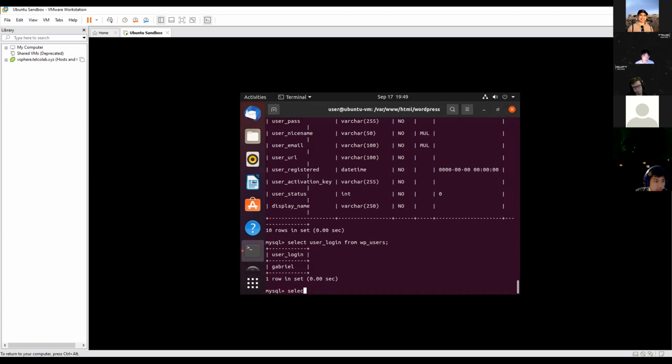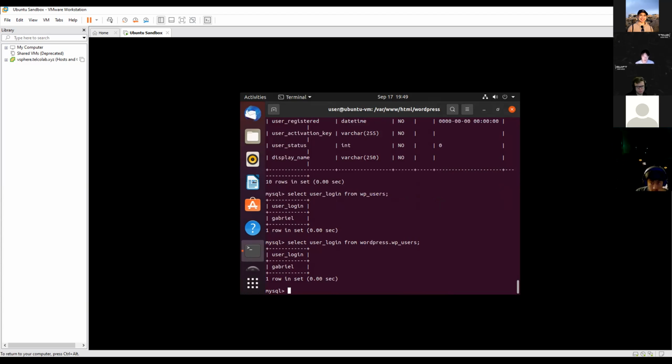For example, I could say select user login from WordPress.wp_users, and it'll also work. So if I'm not using that current database, I could use this format to basically, you could think of it as almost like an absolute file path, but for databases, or just a file path in general. But I could say select